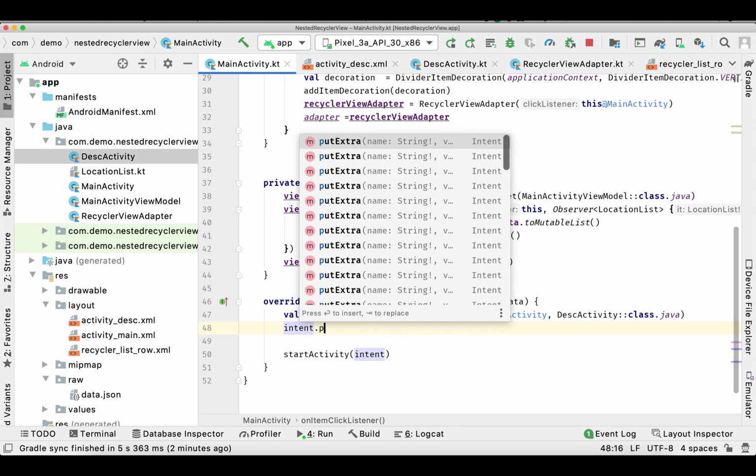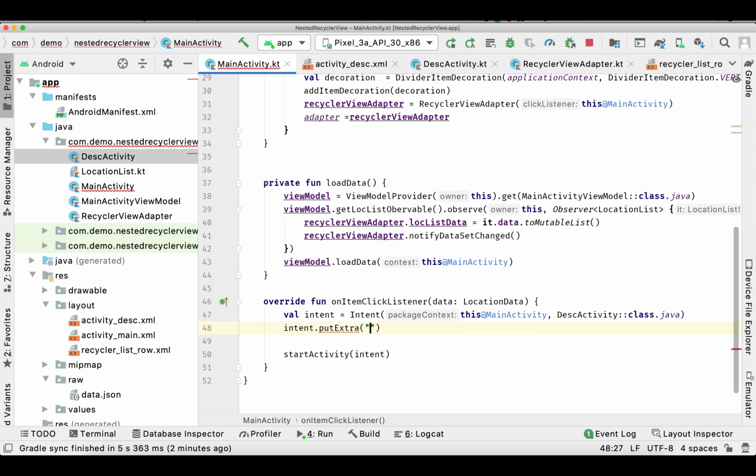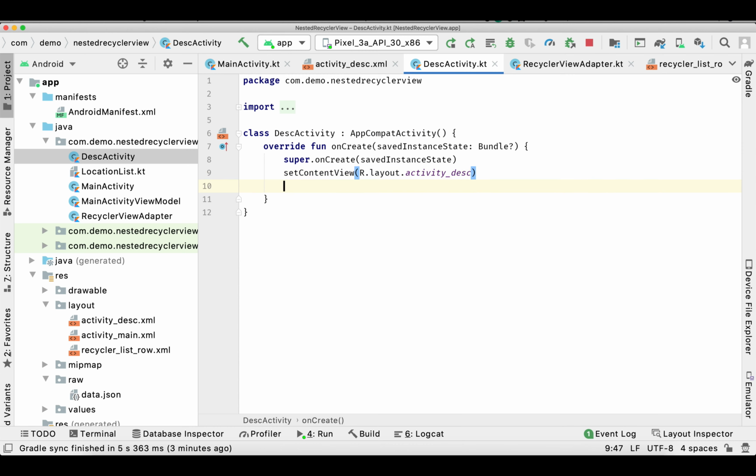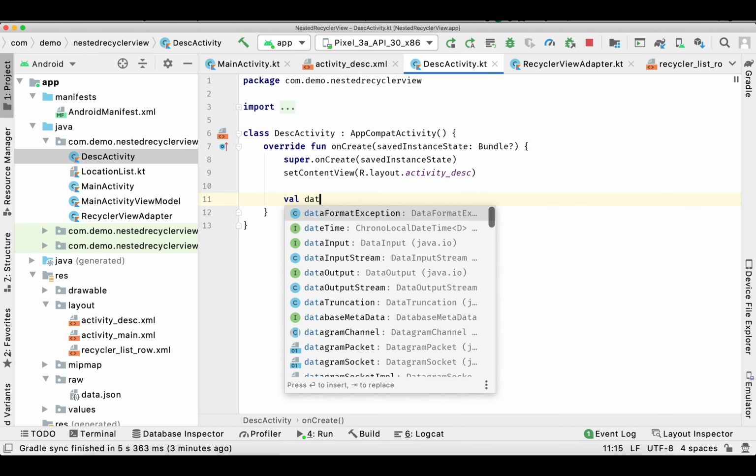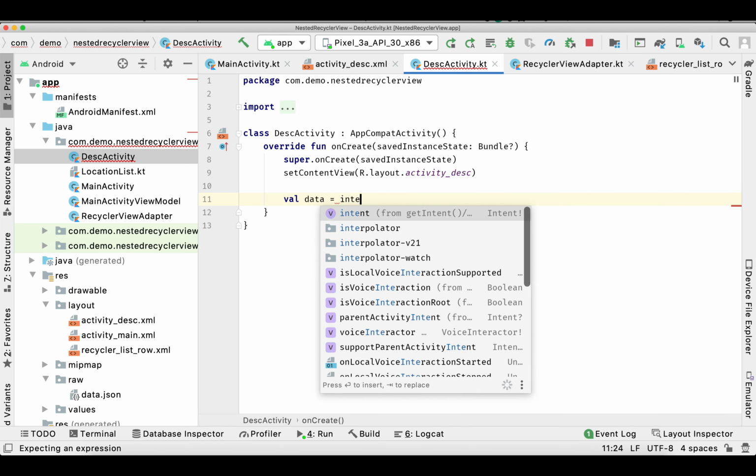And inside this intent, we'll set this location data object with the name location underscore data, and we'll pass this data. And now we'll retrieve this same data in our description activity.